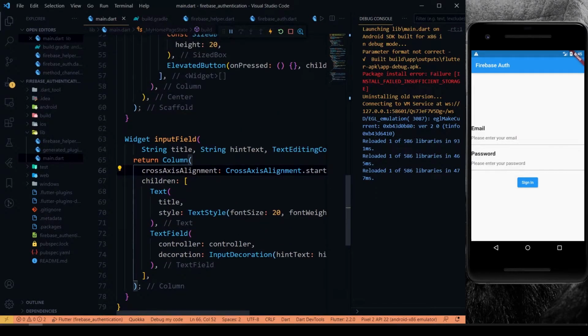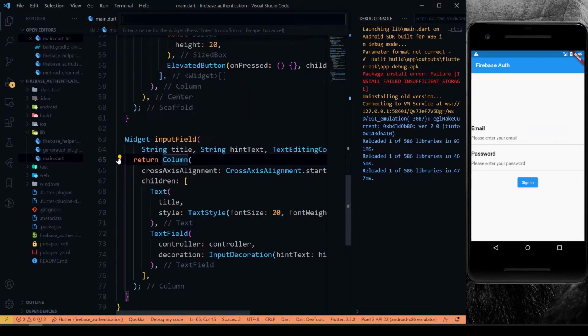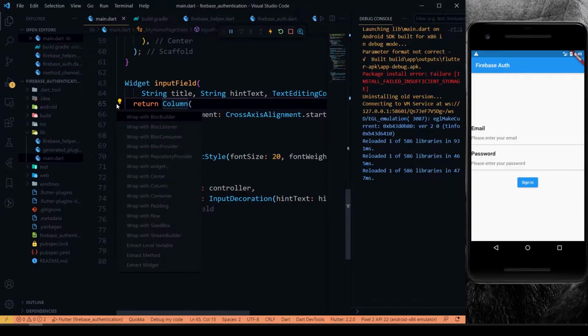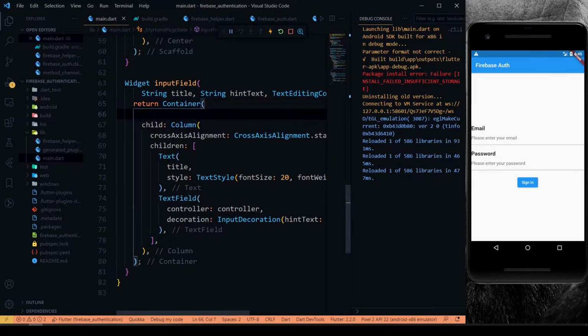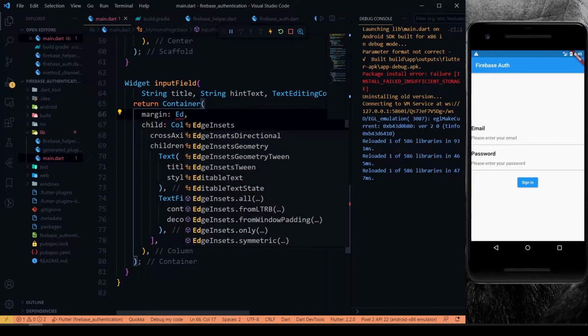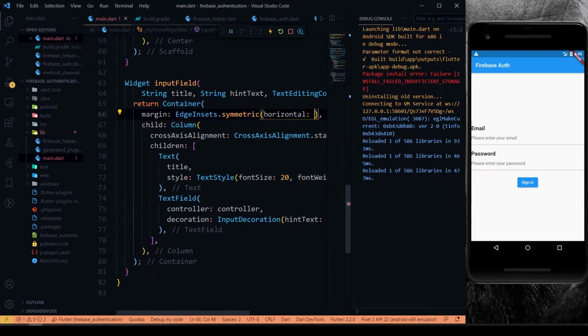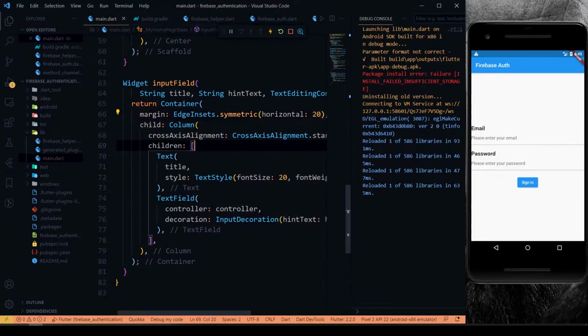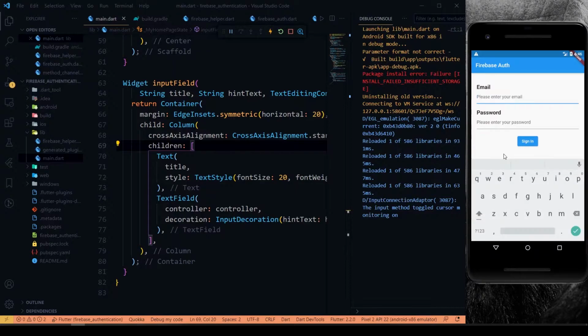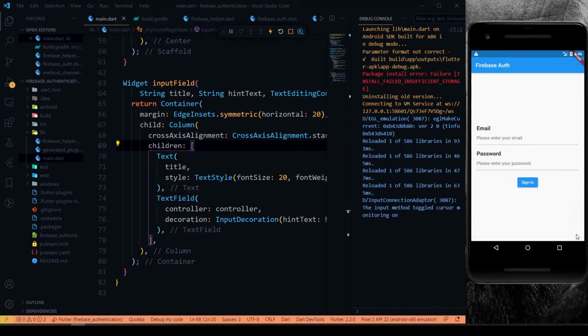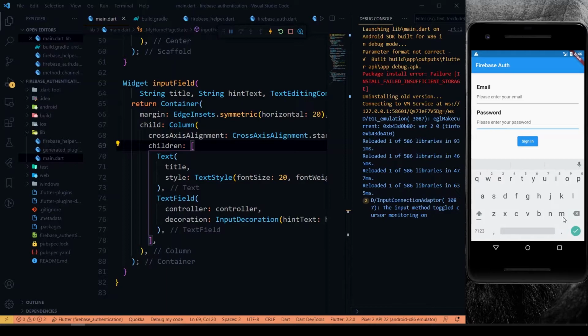And we'll be giving a padding here. Wrap with container. I'm going to give a margin here.